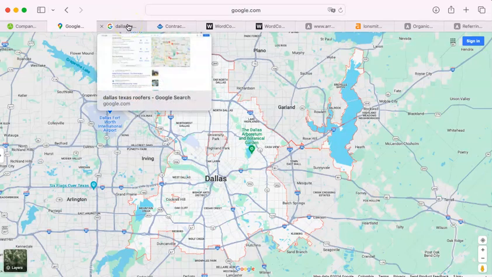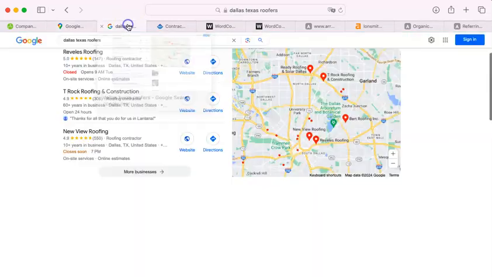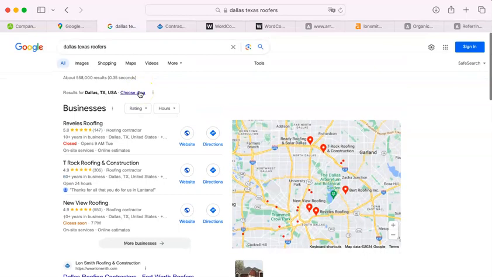And then the final thing I do, actually the fourth thing, is I look at a Google web search, Dallas, Texas roofers. Now, I'm going to need to explain a little bit about how Google works in order for you to follow along with me. First off, Google is a company that has customers. They are search customers. And they want for their customers the most relevant results that they can have. Now, relevant to you and me might be different, because you and I might say, in a roofer, I want to have a roofer who is good at their job.